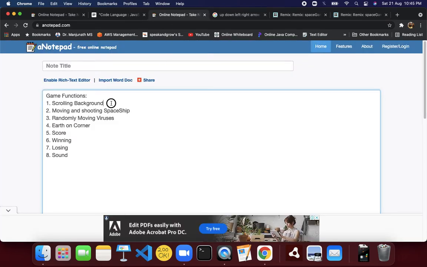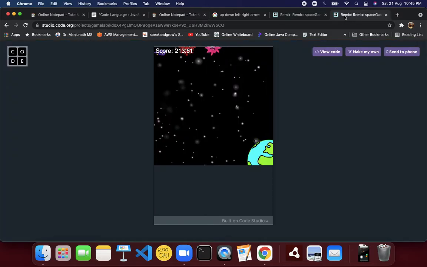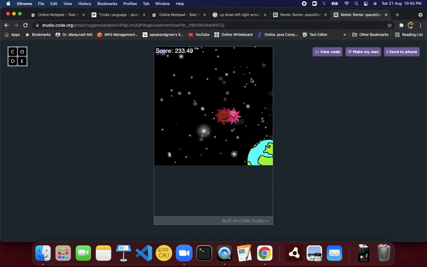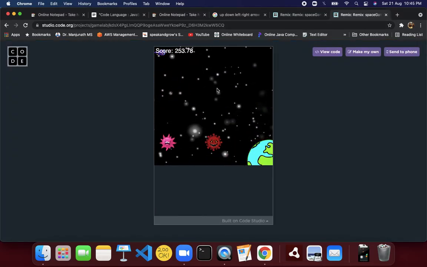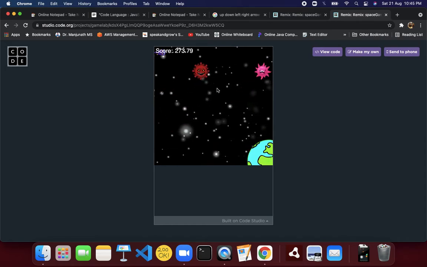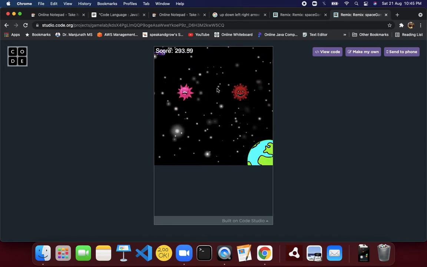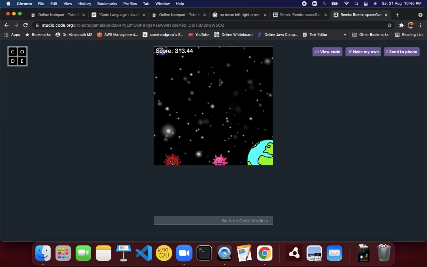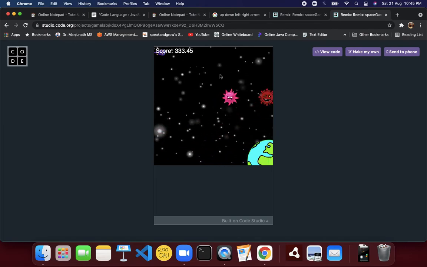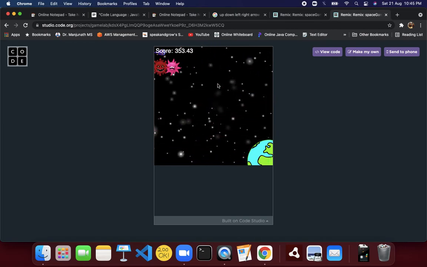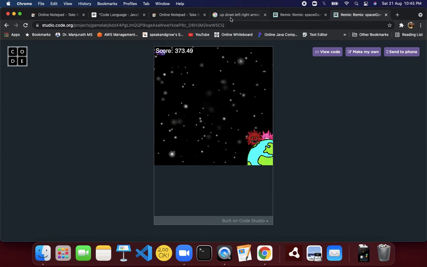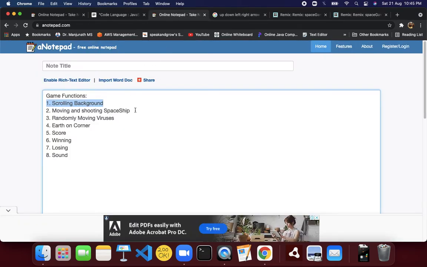So this is my game. Let us explore the functions we have. First, we have a scrolling background. Do you see the black background with white blur stars? That is a scrolling background. If you see, it is slowly scrolling, right? That is something we will create. Then the second thing is a moving and shooting spaceship.